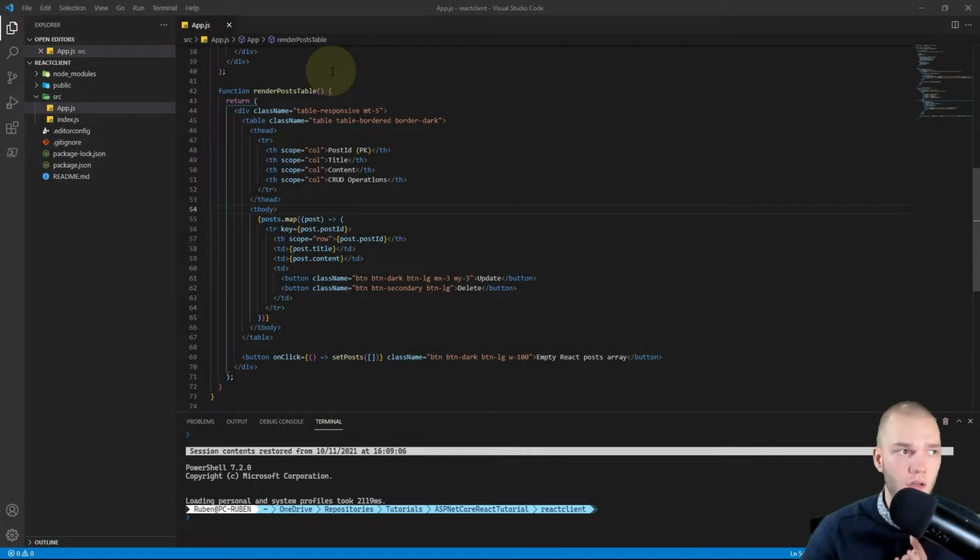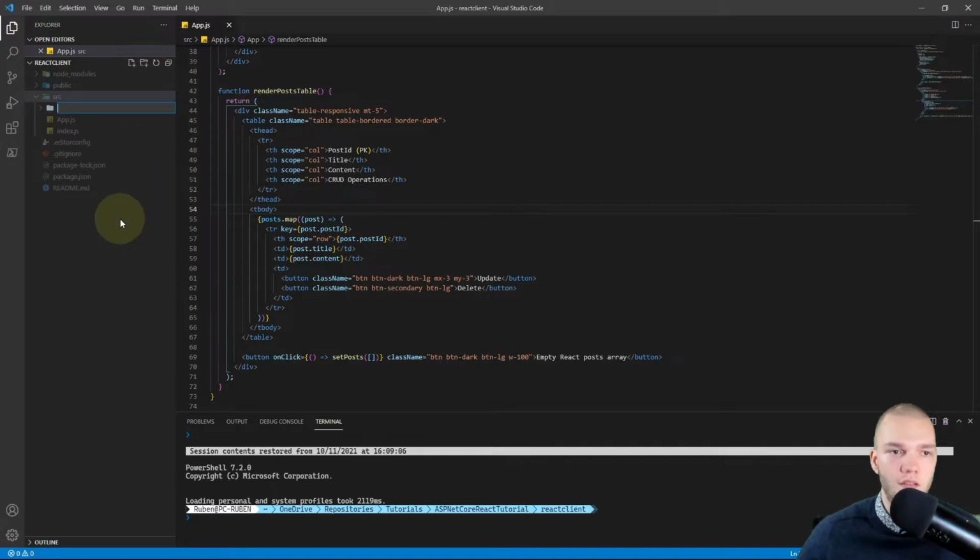Right, so our next task is to implement all the CRUD operations in our React client. And I want to start by storing all the server endpoints in a separate JavaScript file. I usually call that file constants. So let's create that. So in VS Code, I'm gonna store it in its own utilities folder. So in src, I'll just press the new folder button and I'll call it utilities. And in there, I'll create a new JavaScript file.